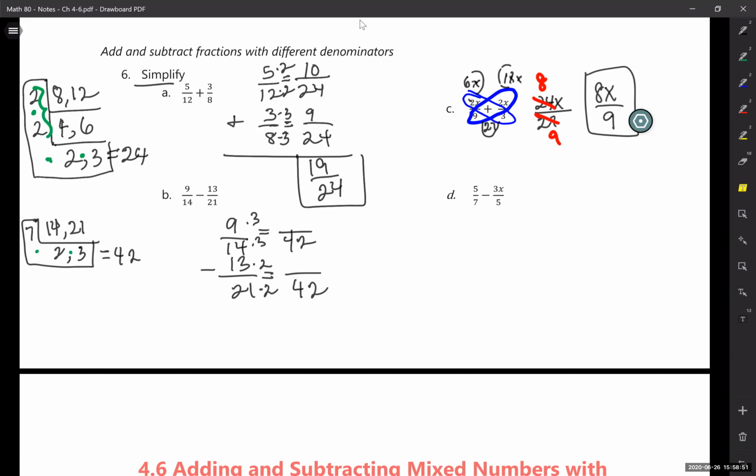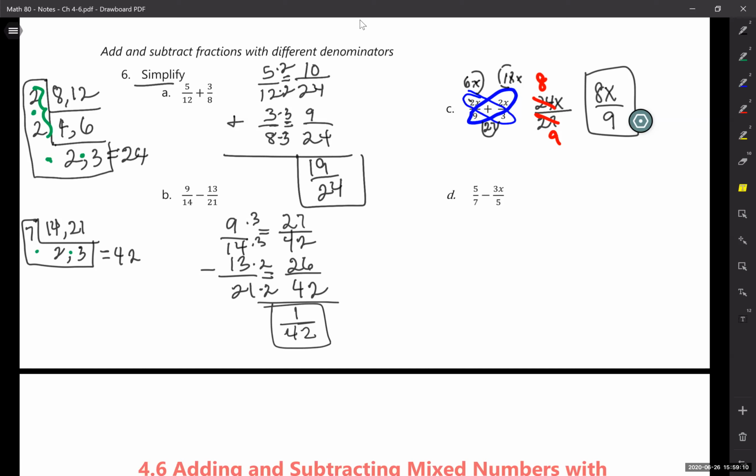All right, so 13 times 2 is 26. 9 times 3 is 27. And so I'm going to subtract 27/42 minus 26/42, and I get 1/42 as my